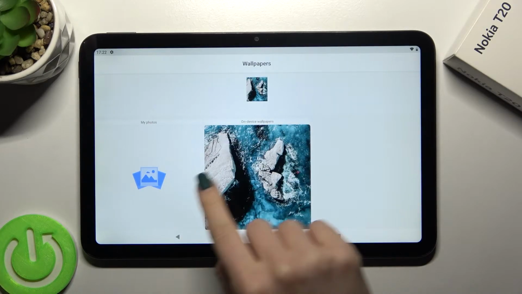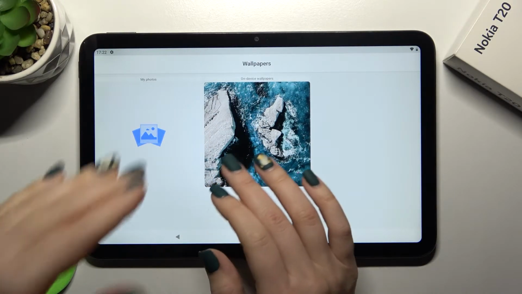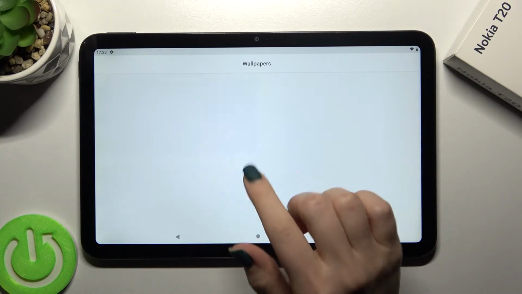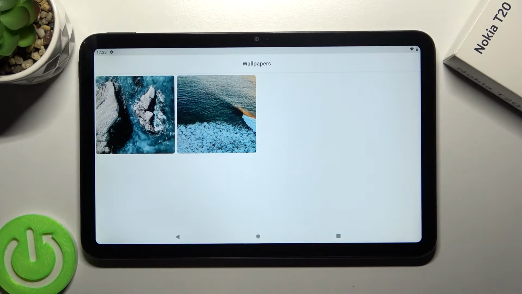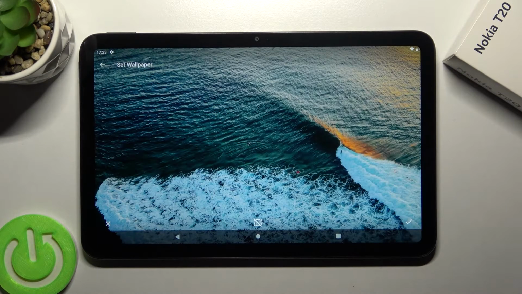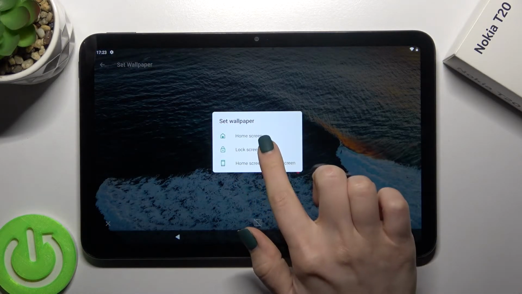Just tap there, and as you can see here we got our device wallpapers, and also if we have some photos taken previously on your device, or for example downloaded from the internet, you can choose them. But we got here the two default wallpapers on our device, so we'll go for example to this wallpaper, and now just in the down right corner tap OK,